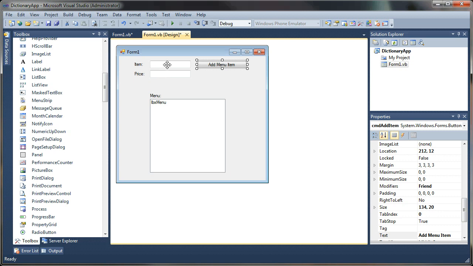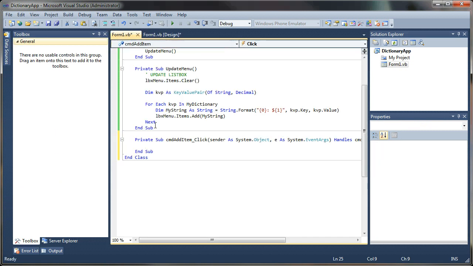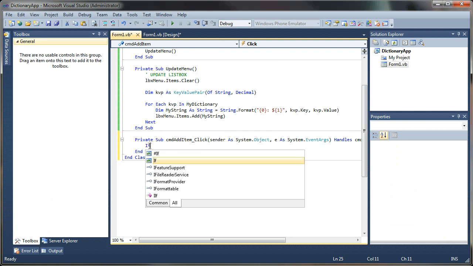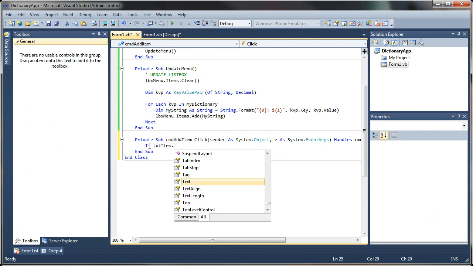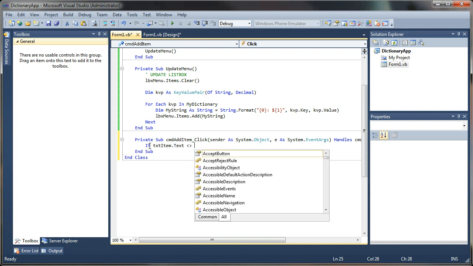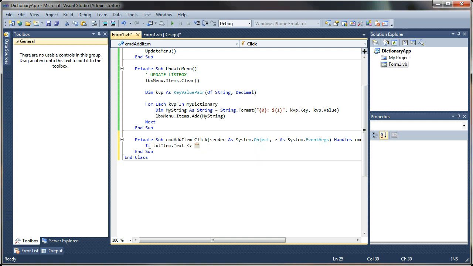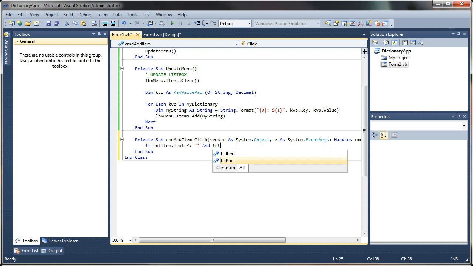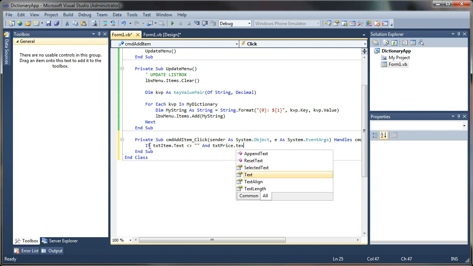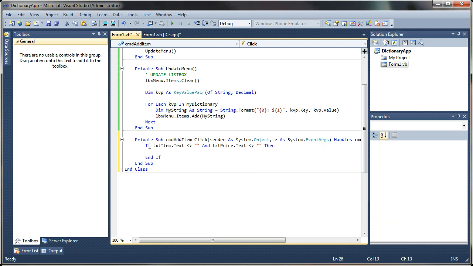We don't want to try adding blank values to our dictionary. So we'll say If txtItem.Text is not equal to a blank value, and txtPrice.Text is also not blank, then